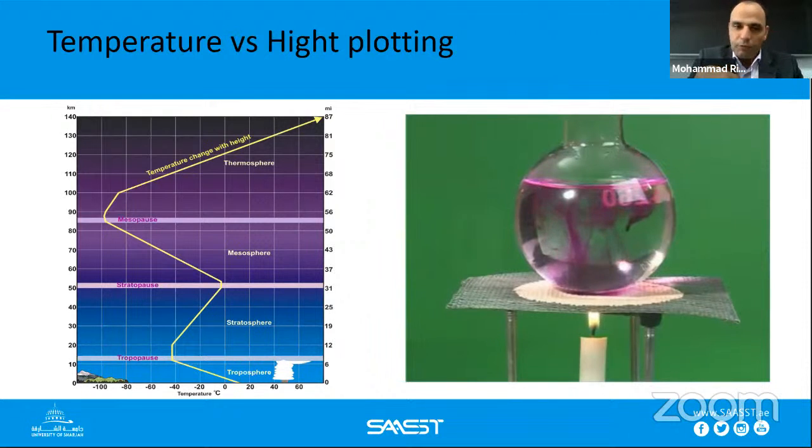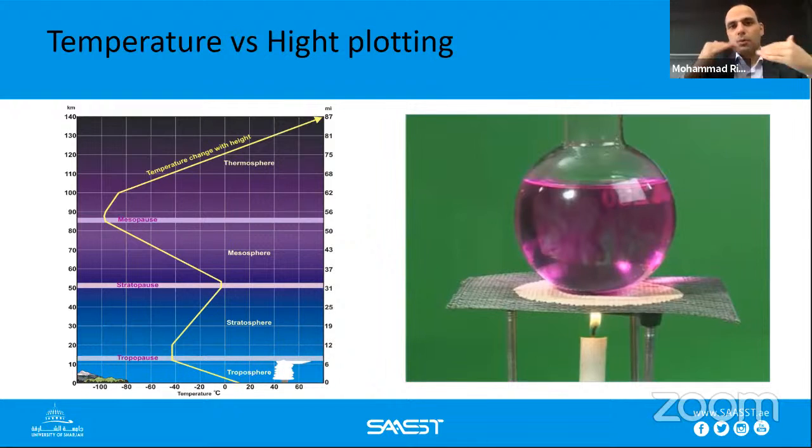So if you look at the chart here on the left side, you can see the troposphere and the tropopause. When you go up through the troposphere, the temperature will drop, until the tropopause. The tropopause is a sublayer or the barrier between the troposphere and the stratosphere. The stratosphere, in contrast to the troposphere, works in the opposite way. When you go up through the stratosphere, the temperature gets higher.